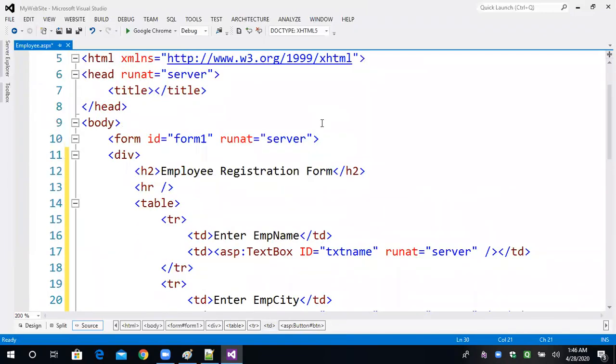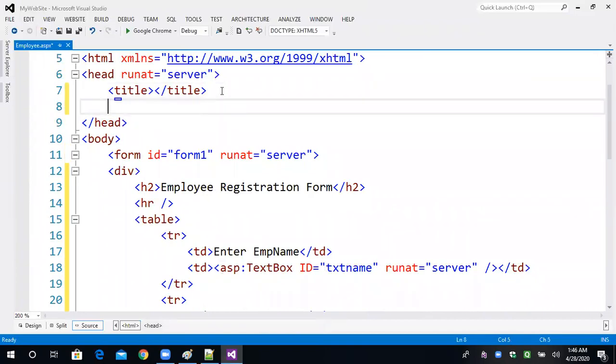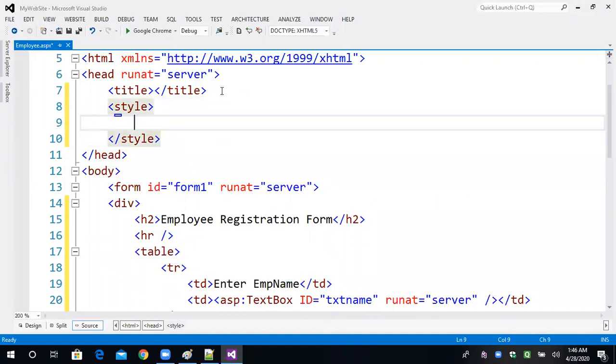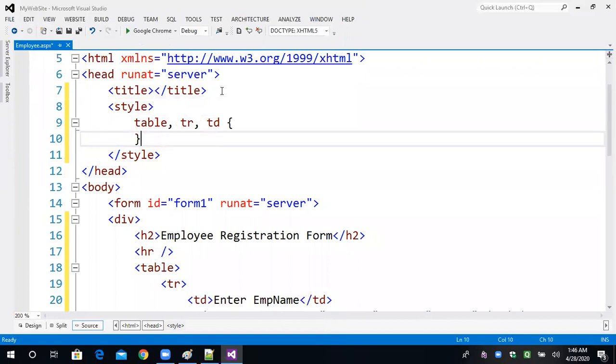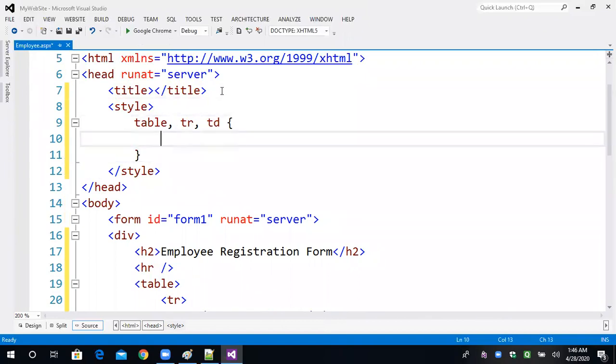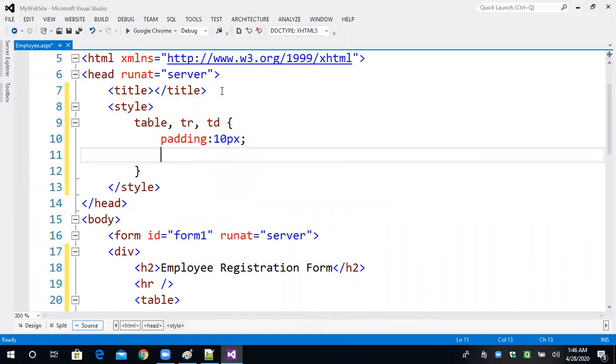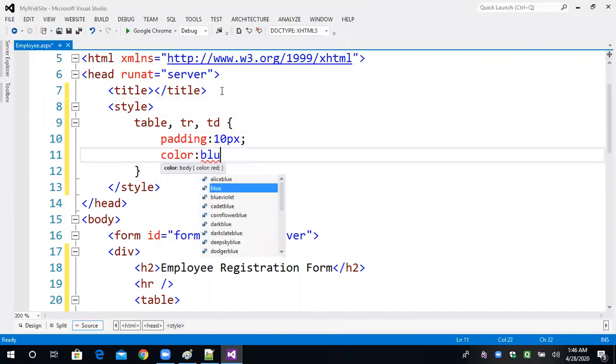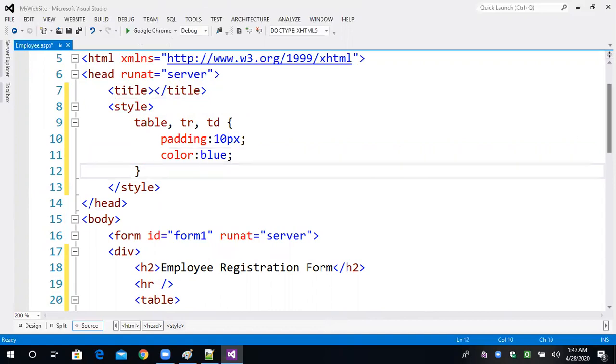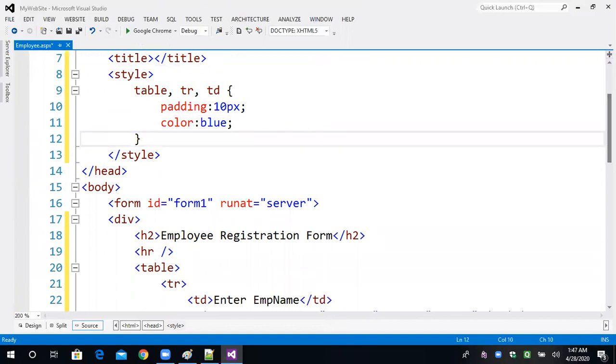I'm doing a light CSS for the better presentation. In the head section, style, table, tr, td. Td is basically the column and tr is the row. Padding colon 10 pixel and color colon blue. Okay, fine, absolutely fine. I'm just saving it